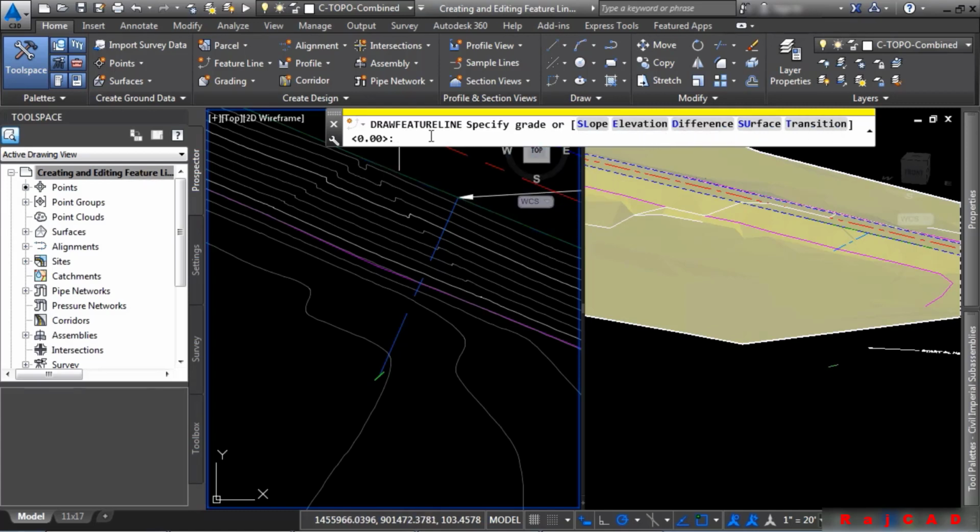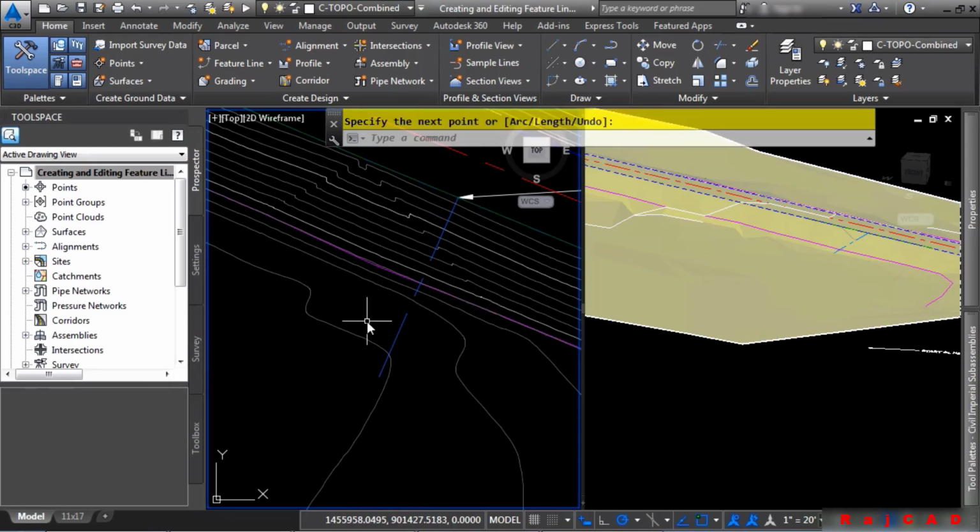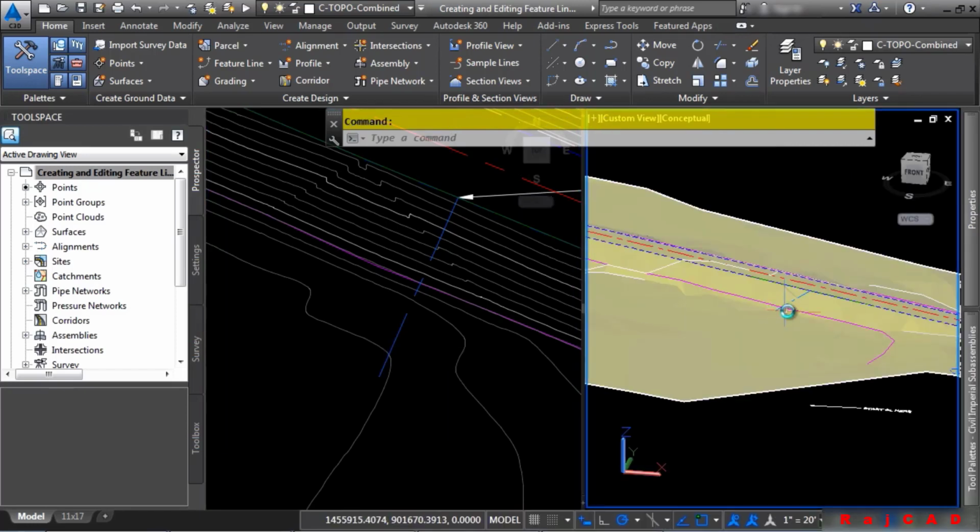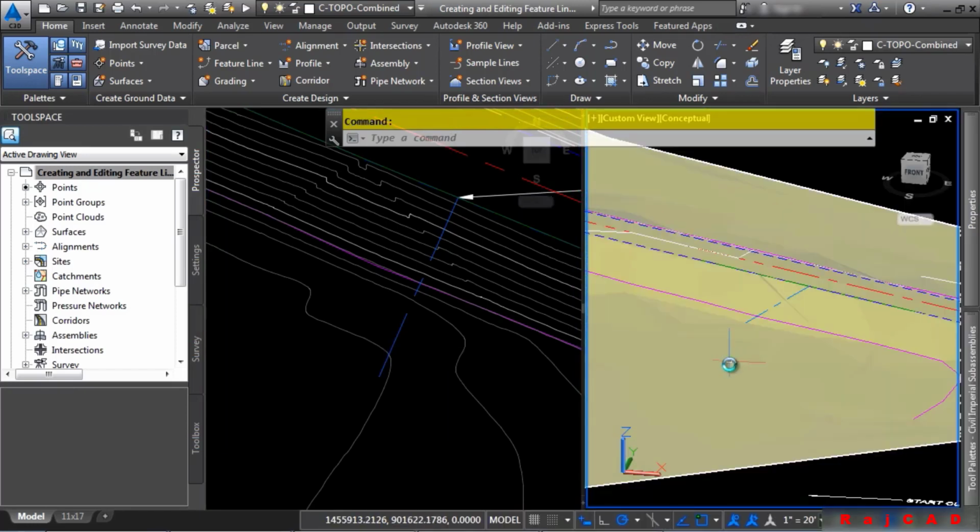Right now, we're in the default of grade, which is perfect. We want to be in that, and we'll just type in -4% and press enter. Press enter again to end the command. And now that's what this feature line is drawing at. You can kind of see it in this view here as we're just drawing it within our 3D view here